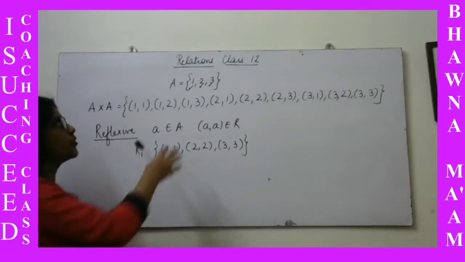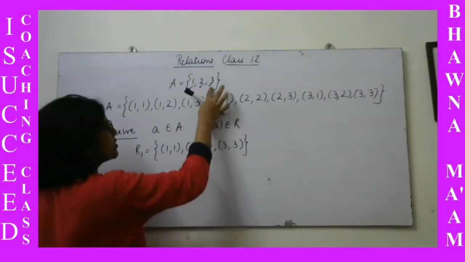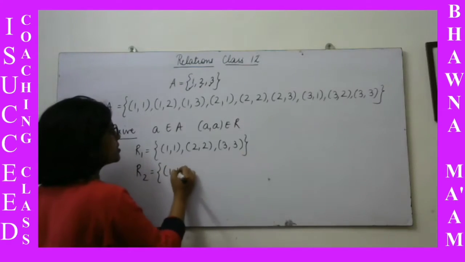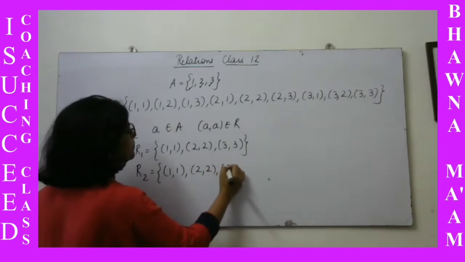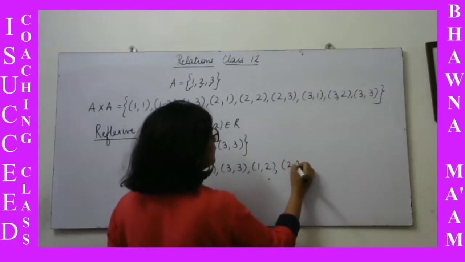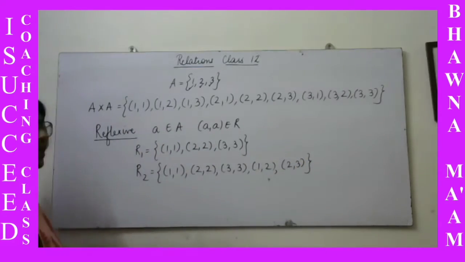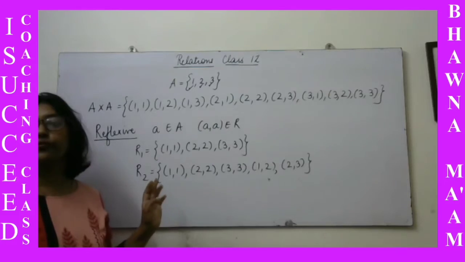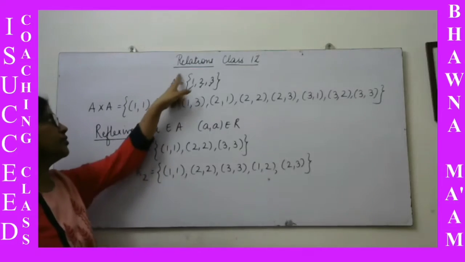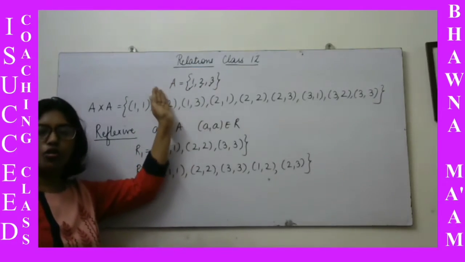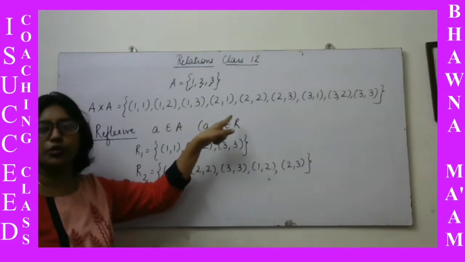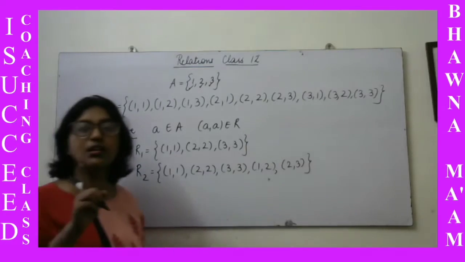ये तो reflexive है क्योंकि 1 यहाँ पे है, then (1, 1) is there, 2 है, (2, 2) is there, 3 is there, (3, 3) is there. Now इसकी जगह पे if I write this one, but this entry is तो must: (2, 2), (3, 3), and besides this I write, say, (1, 2) फिर और (2, 3). Okay, and पूरा A cross A will always be reflexive. The universal set is reflexive. Okay, so this is reflexive that if कोई number यहाँ पे है तो उसका ordered pair same one should be there in R. Like if it was 1, 2, 3, 4 तो (4, 4) भी होना चाहिए था. Not a single one should be missing.